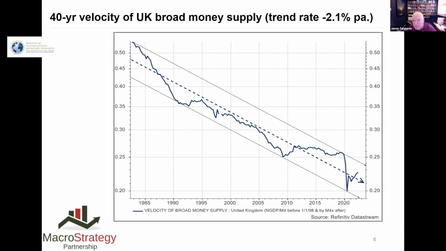And Juan's come up with a very compelling argument that this is positively correlated to a boom. And if you're at the top end of the range and you go into a recession, then you're likely to go down to the bottom. And the really important thing about this is if you printed a huge amount of money, so the Bank of England printed 22% additional stock of money, even though their own version of the output gap suggested the economy would be flat by 2022 compared to end of 2019, then they absolutely required that the velocity of money would collapse